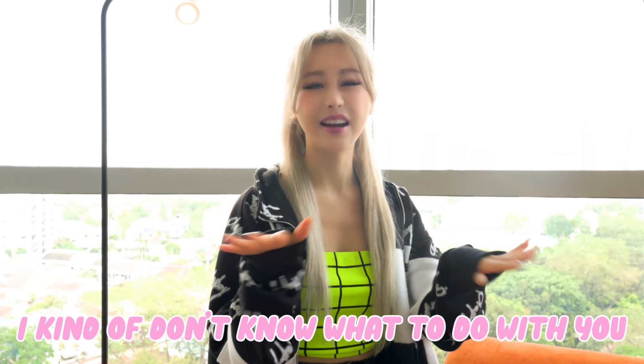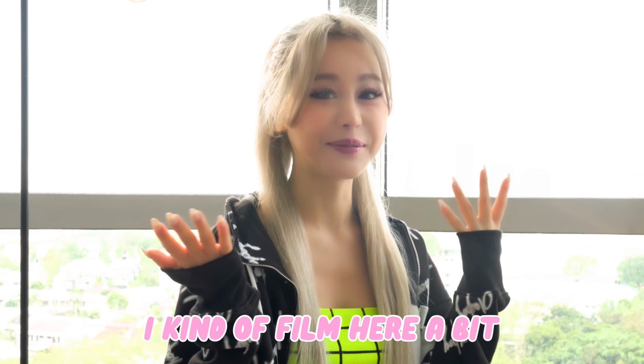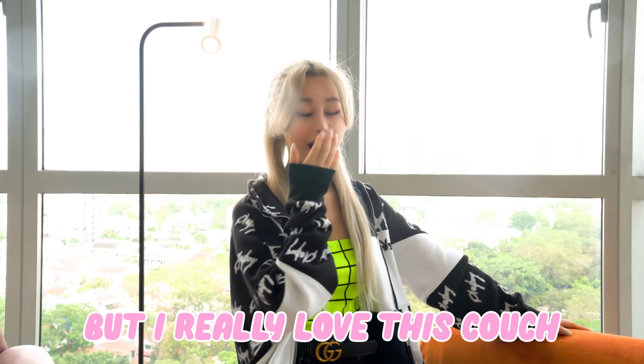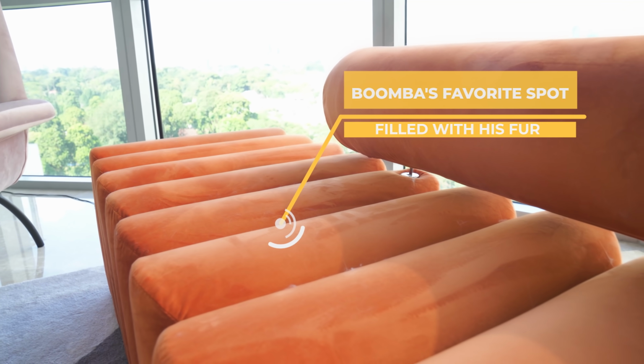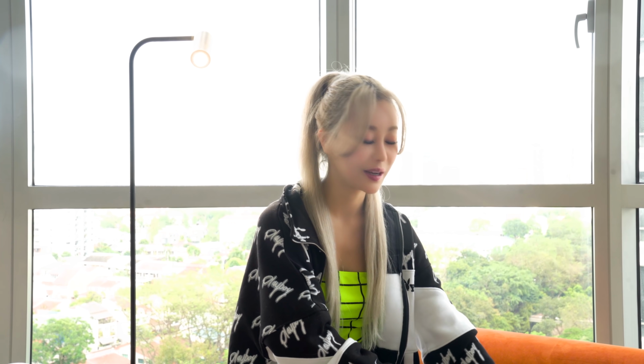And this is my favorite part of the living room and also most unused. It's one of those display pieces where it's like, you look so pretty, but I kind of don't know what to do with you. I kind of film here a bit, but I really love this couch. This couch is covered in Boomba's fur. So this is his favorite spot to sit now. He sits in between the grooves of this couch and he's just like...